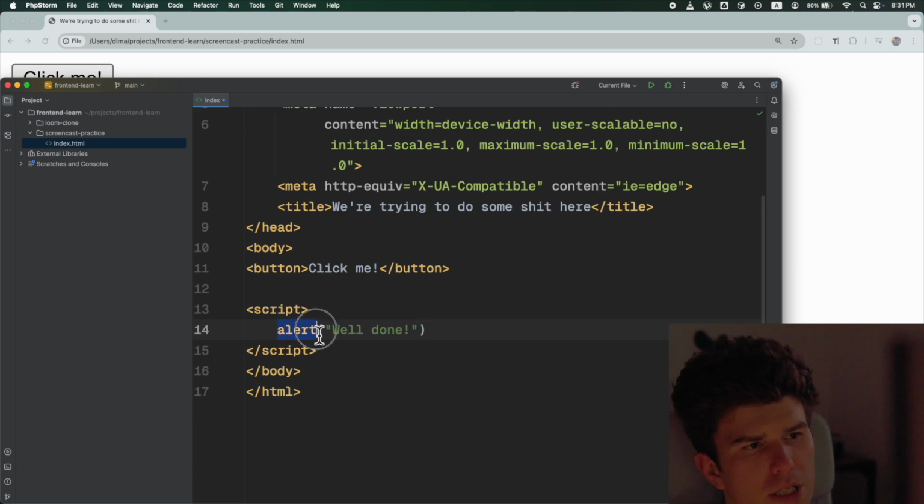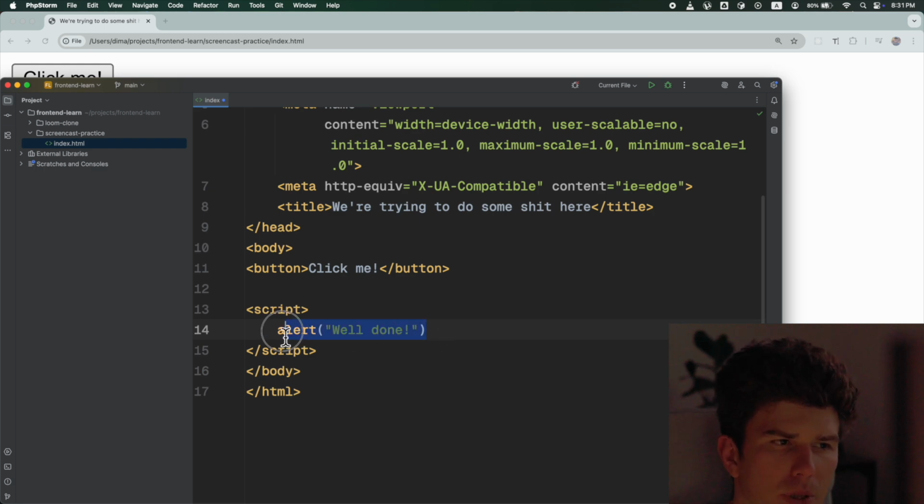So this is a little JavaScript instruction that we can give to our browser. We can use some text in it. We put it between these double quotes and also between parentheses. And this instruction has a name. It is alert. And the browser knows that, okay, now